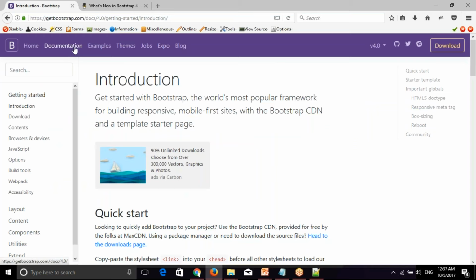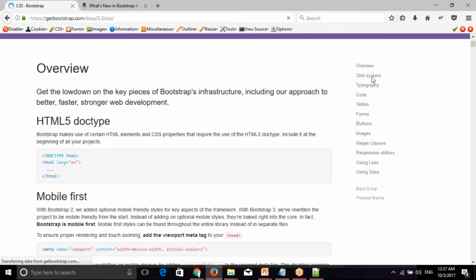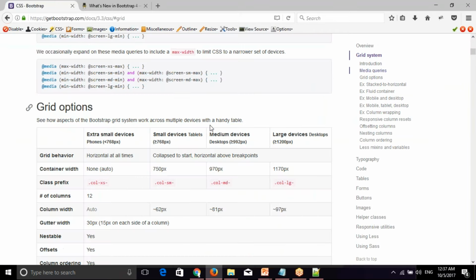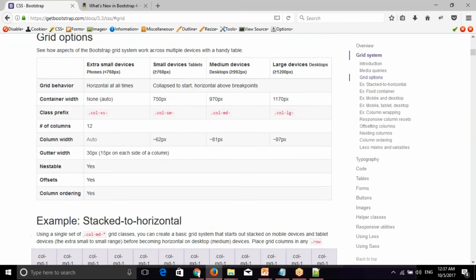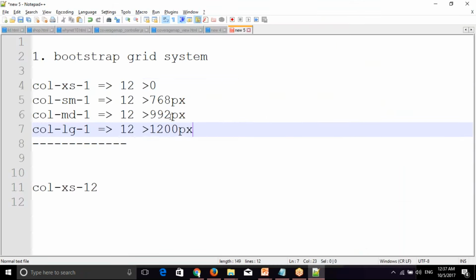In the same way, now I'm missing something, right? The grid system sizes and all. Then I'll go through the official documentation, where we have everything properly documented. I can go to the grid system and see in which case I'm missing. Okay, so SM is greater than 768, medium 992, and large is 1200. So this is simple, right?